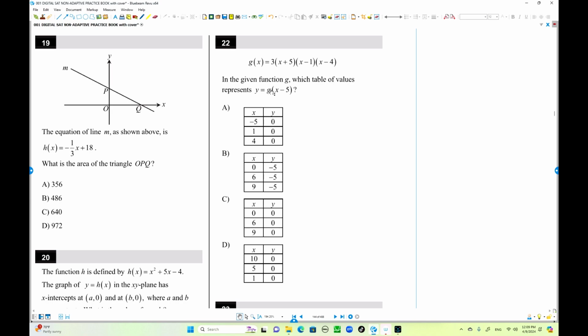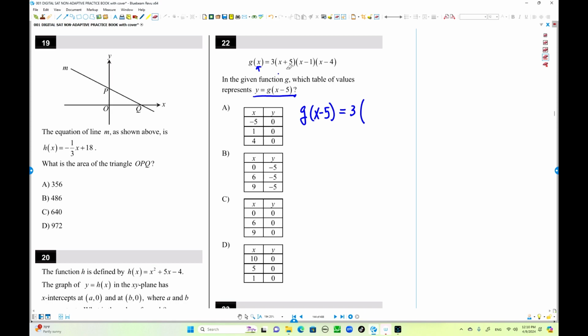So which table satisfies this one? Direct translation, right? So move to the right, 5 units to the right. Or I think the best way you can find is g of x minus 5 over here. G of x minus 5, this graph. Put this number x minus 5 in the x. All right, that is x minus 5. So 3 times x minus 5,